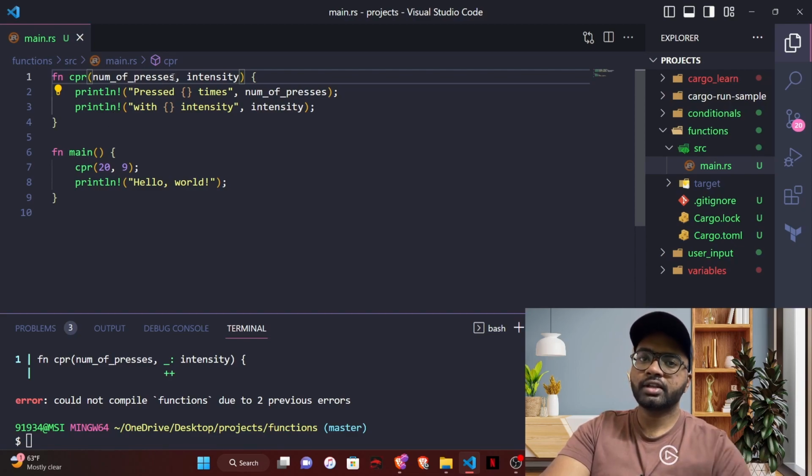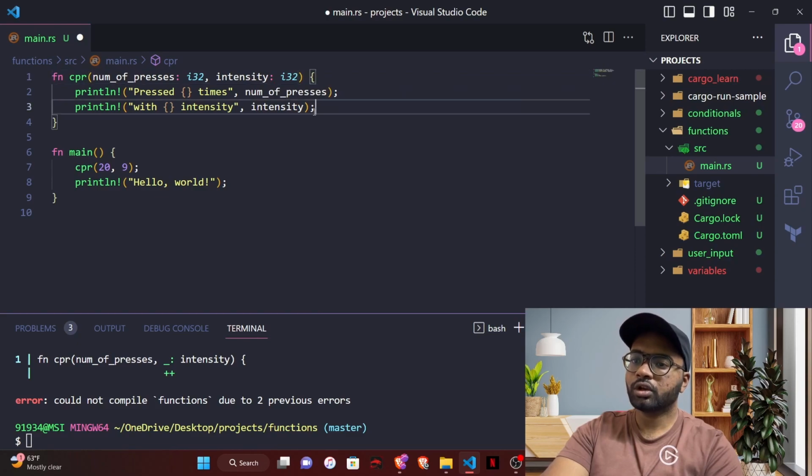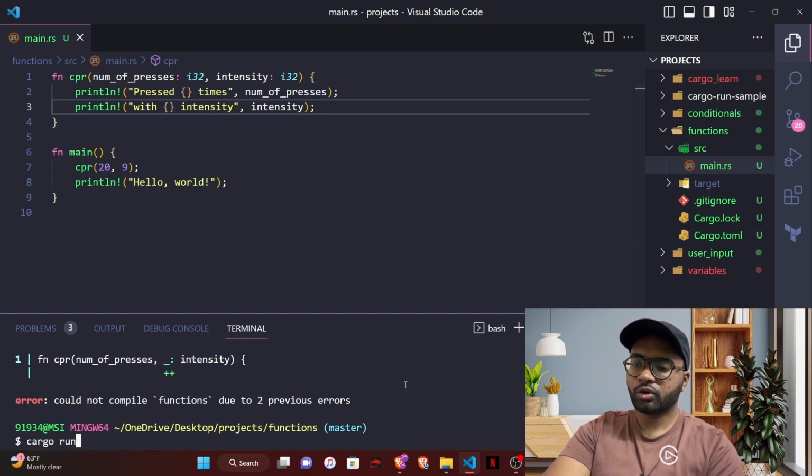Okay, this thing is of this type. We will get everything every time this type only. So how does it know? We have to specify that type here. We are sending both as numbers, so we can specify i32 for both as types. How do we give types? By using a colon. So now the CPR function knows that every time the number of presses and intensity comes as i32 data type inputs. So now if we run this,